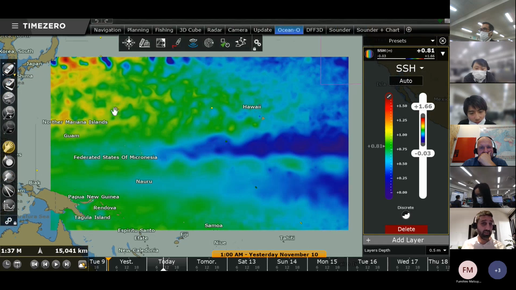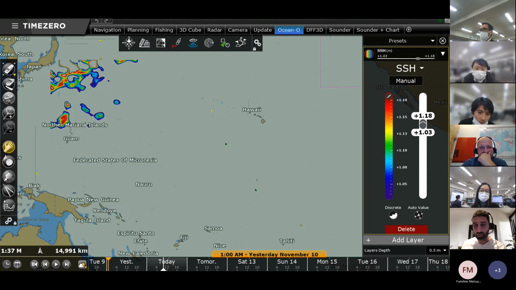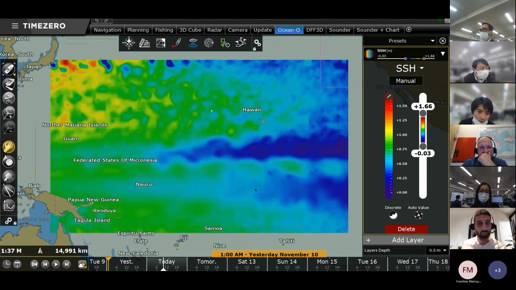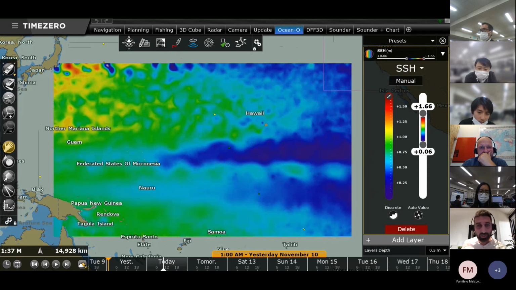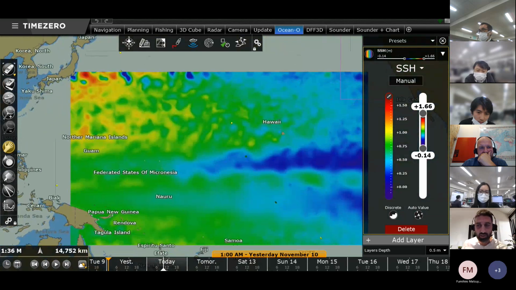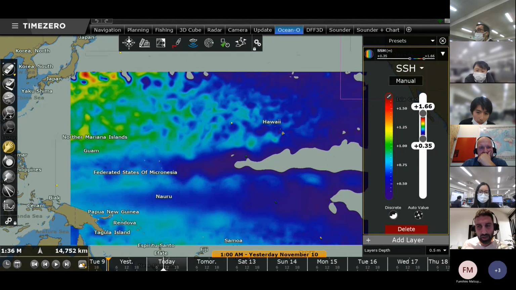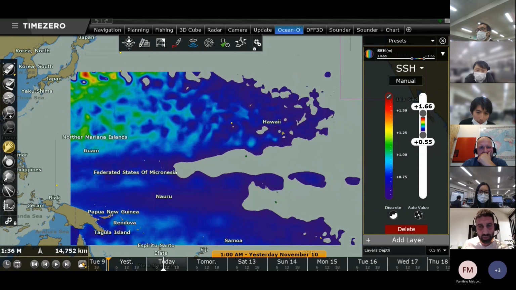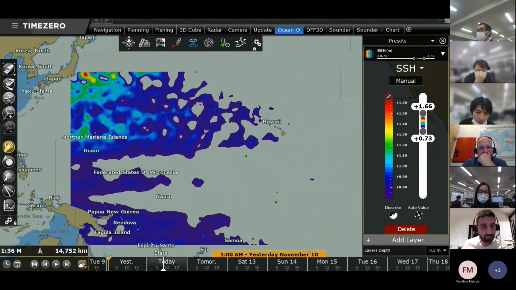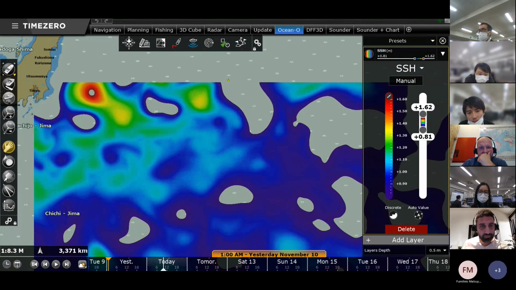And in TimeZero, we make this data available to the fishermen. So allow me to show you a little bit how you can use this data. So you have your altimetry here. You see the file is pretty big. And here it's not easy to understand how to interpret the data. But what you would like to do is you would like to adjust your minimum value, okay, here, and try to find areas